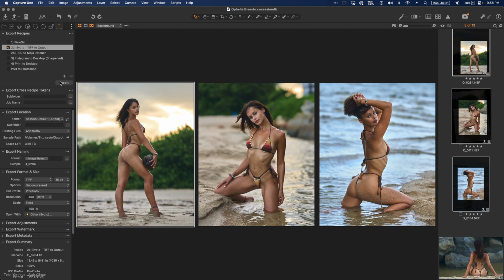So, okay, I would do this, TIFF 16-bit uncompressed ProPhoto. I basically just give me the biggest file. I want to keep this as my master, my new master file. Same way I would send it to my retoucher. I'm like, here's a master TIFF or PSD for you to work on, and then I bring it back into Photoshop. So this is like, pretend you're handing it off to a retoucher when you're giving it to EVOTO,